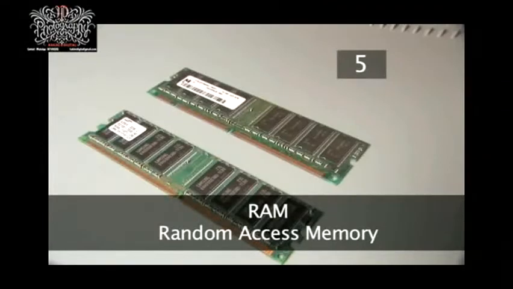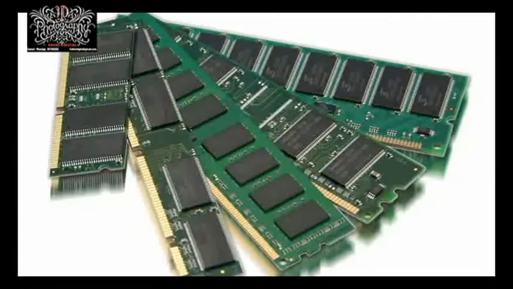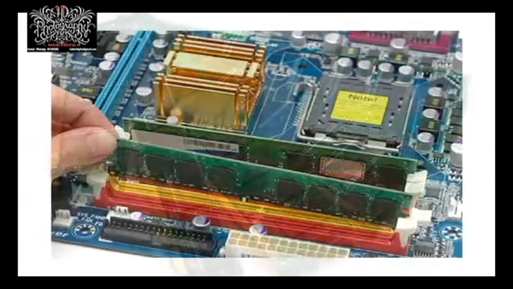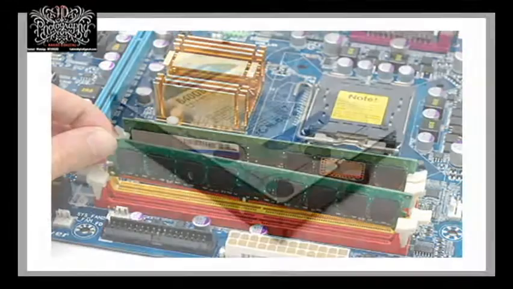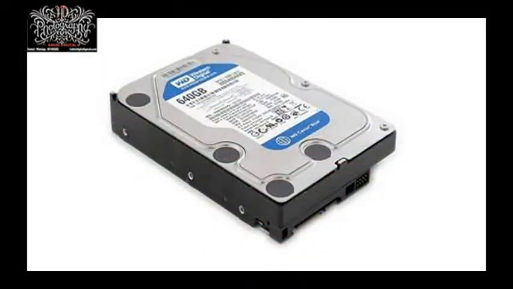Step 5. RAM stands for Random Access Memory. It is also found directly on the motherboard, usually in 1 to 4 slots. The memory chips store information temporarily for short-term use by the CPU. RAM is used to store information for files that are actually being used by the CPU at any given time. The computer's RAM is completely different from hard disk memory. The hard disk stores information permanently for long-term use.